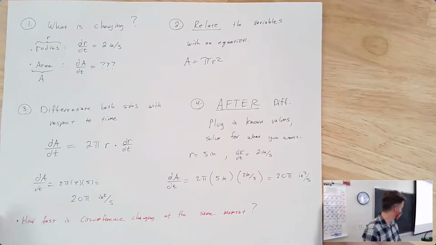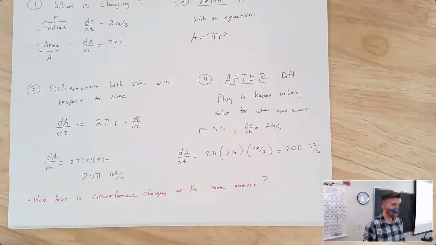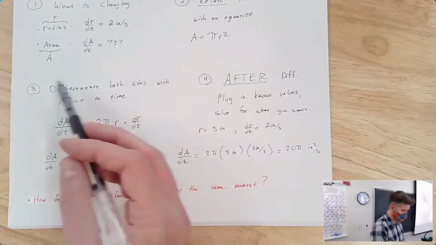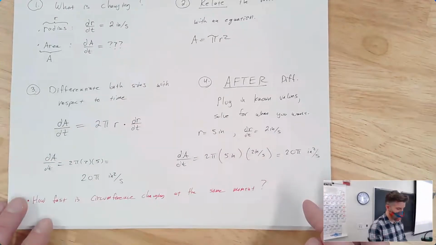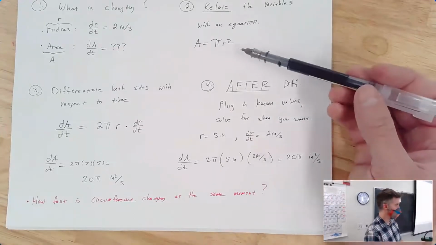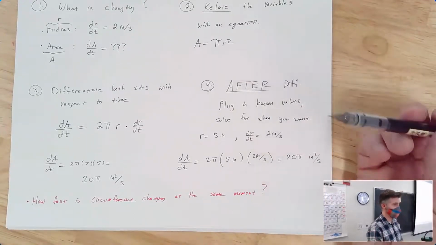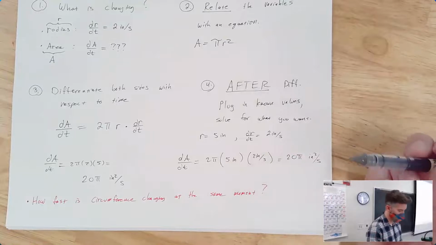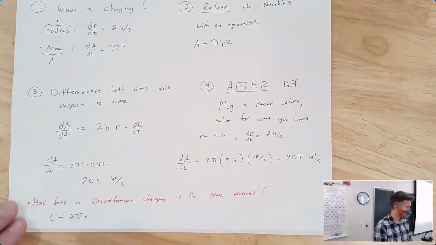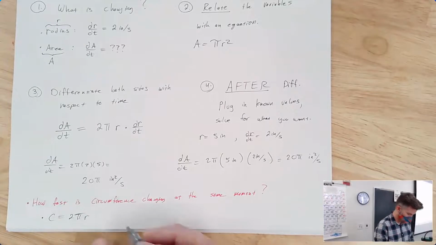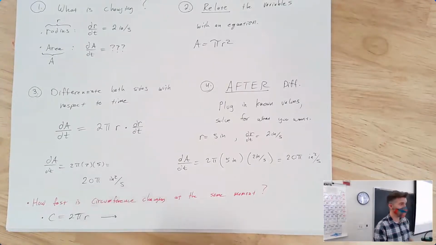Well, I'm going to do the same sort of thing. So I still know these things. I don't really care about area anymore. But now instead of having an equation that relates radius and area, I need the equation relating radius and circumference. So circumference is 2 pi times the radius. And now when I differentiate, again, differentiate with respect to t,